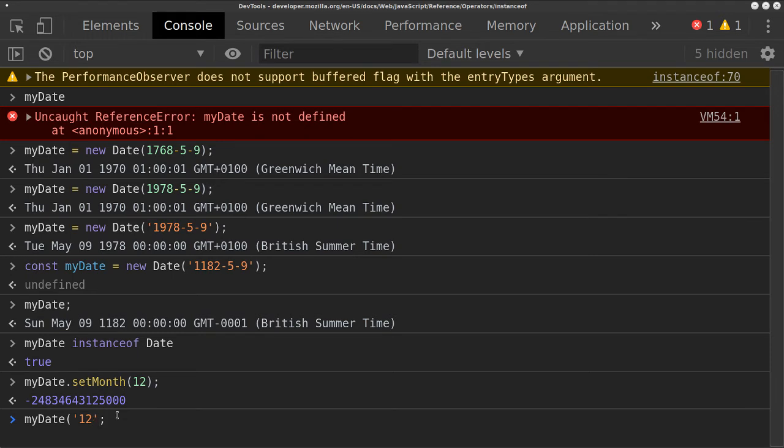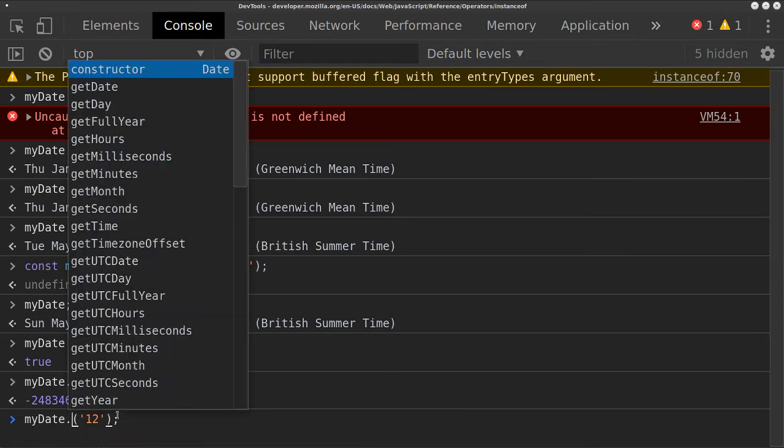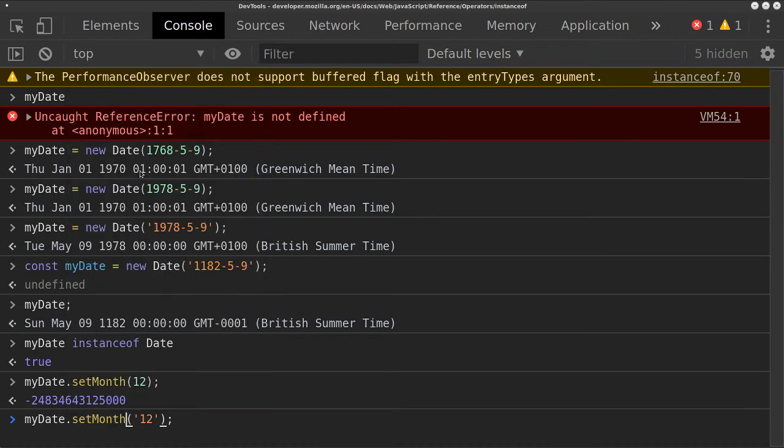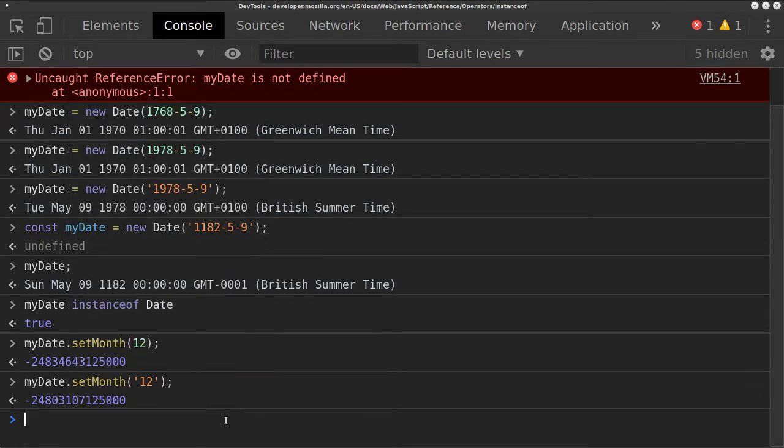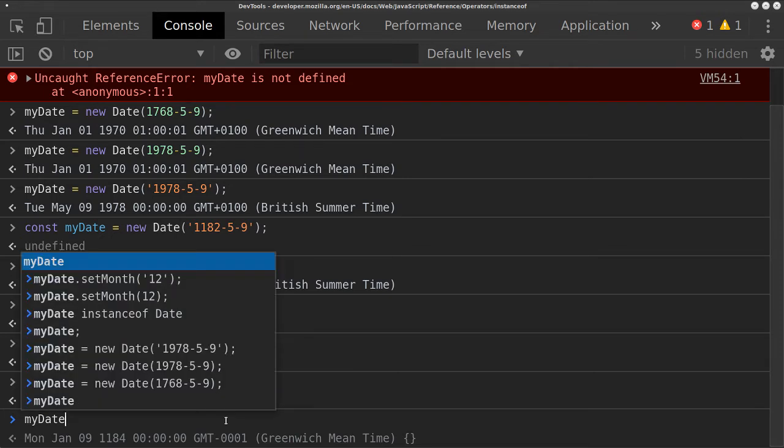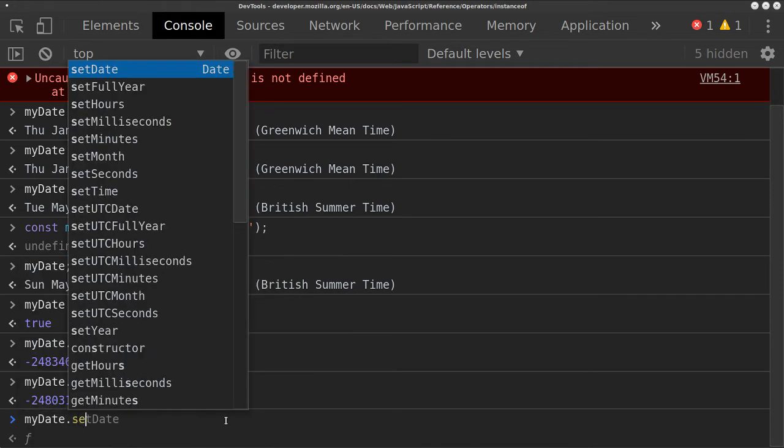So you're saying, does it need to be a string? Nope. So that has set it to January, but also January the next couple of years, right? So I think if you wanted to set month,